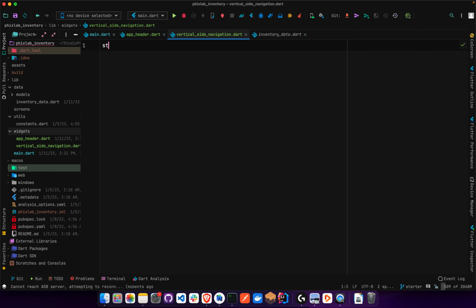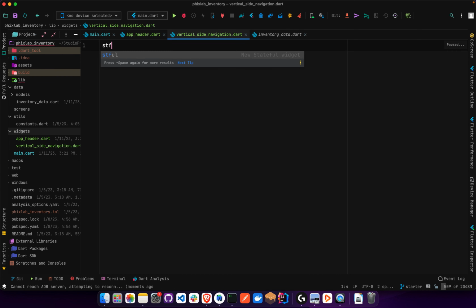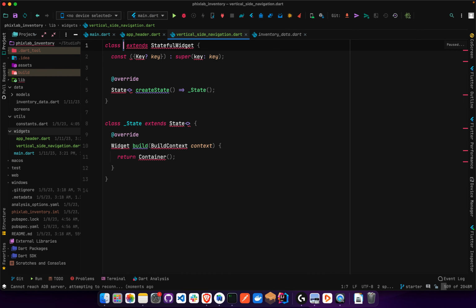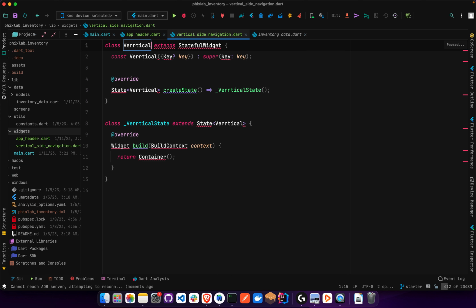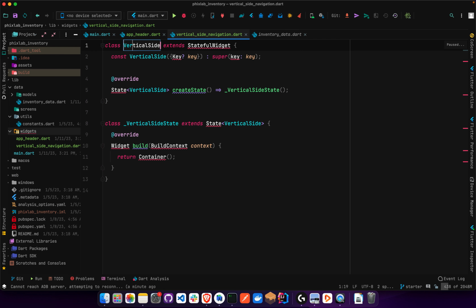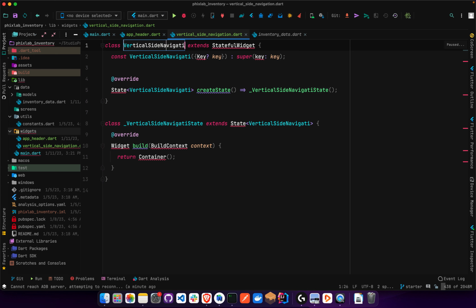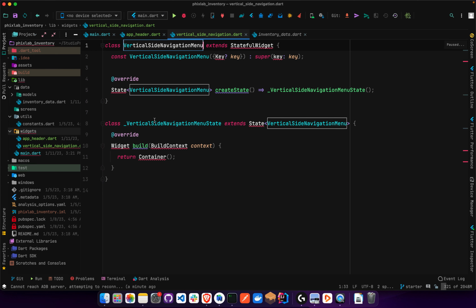And this is going to be a stateful widget. So vertical, probably we're going to update it with what we have in that place. So whatever we give it here is going to be the vertical side navigation menu. I think so. Vertical side navigation menu. So let's also import material,